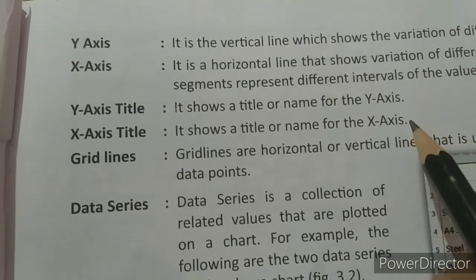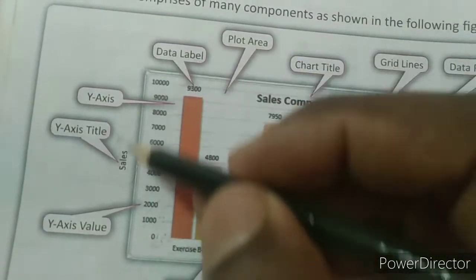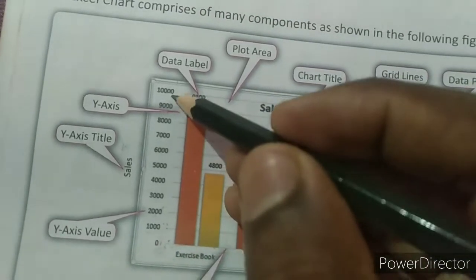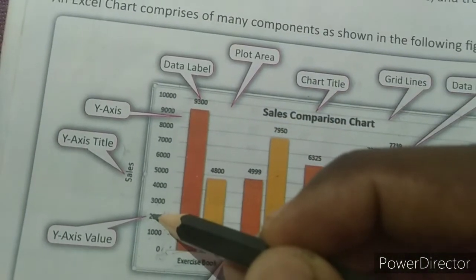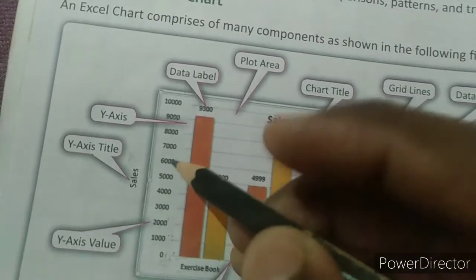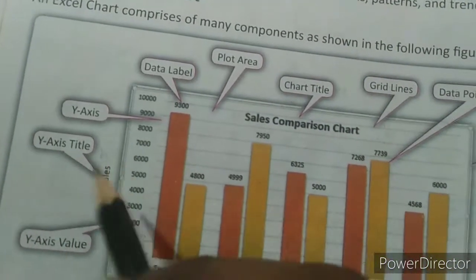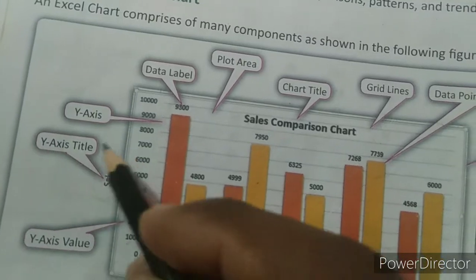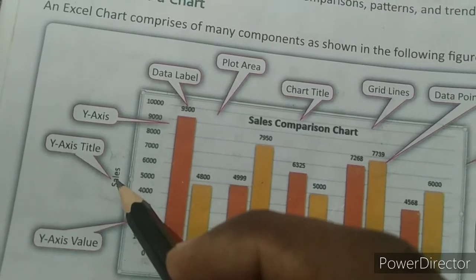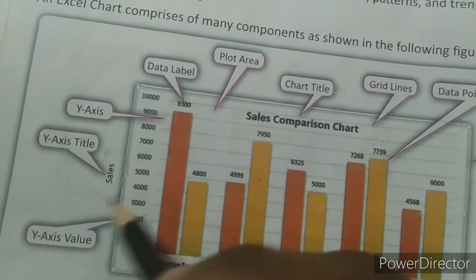What is meant by this? Here you see what physical quantity has been represented. It means if this is the value in rupees, which has been obtained by selling, so here we can generally say sales, right? Here, on the y-axis title, what has been represented? Sales.